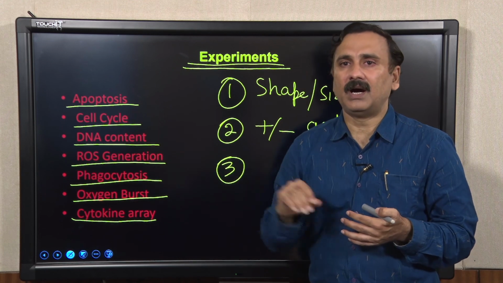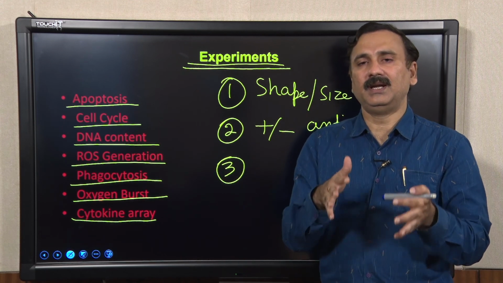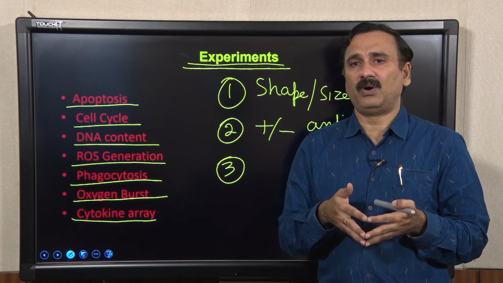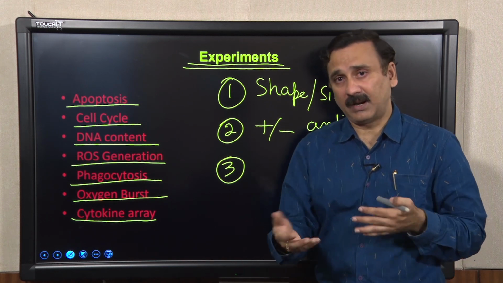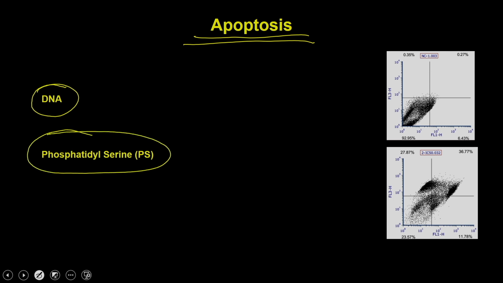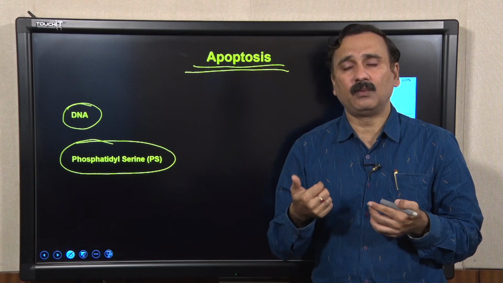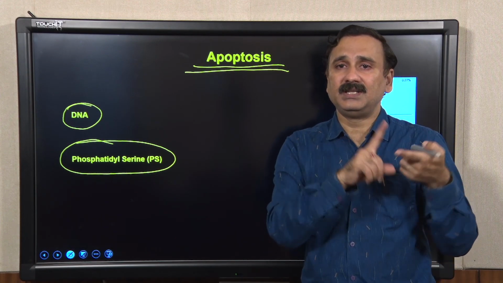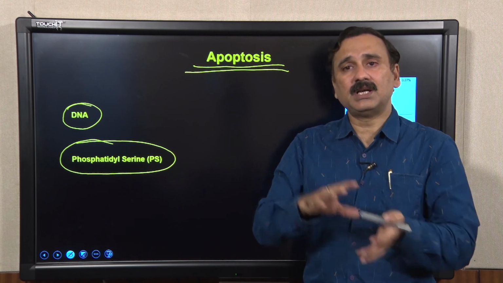These are the examples we are going to discuss, but these are not the only things we can do with the help of the flow cytometer. We can go even further. As far as apoptosis is concerned, apoptosis is a process also called programmed cell death, and programmed cell death always results in the degradation of the DNA as well as the externalization of phosphatidylserine onto the cell surface. This means this is an example where you are going to see a change inside the cell as well as a change outside the cell.